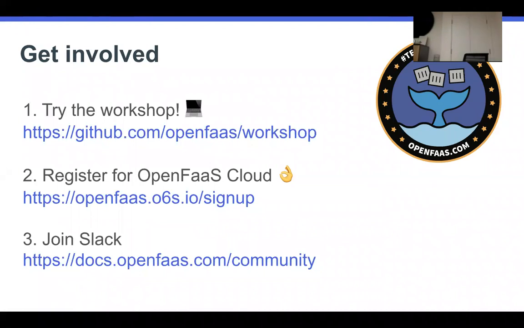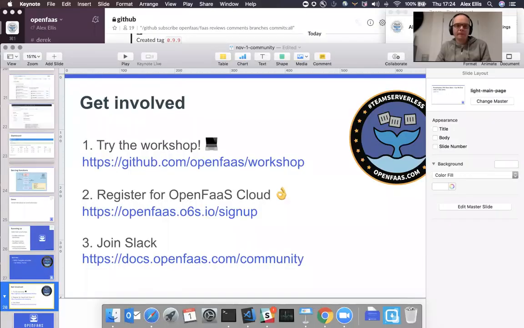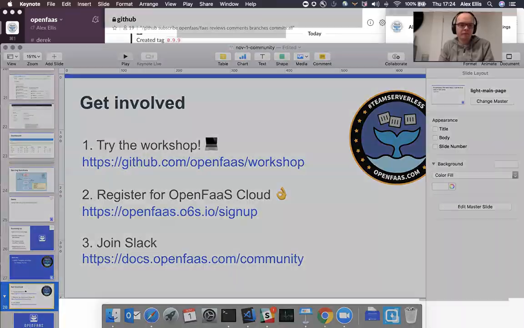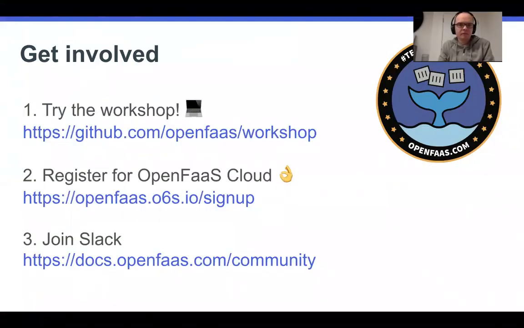Well, we've got a few more minutes, but what I wanted to say is we've got 3 really practical ways that you can get involved now. You can try the workshop. If you've not tried the workshop and you've not heard of it, and you have a lot of questions or you're bumping into things, this is for you. And if you just want to get productive really fast, then this is the best way to do it.